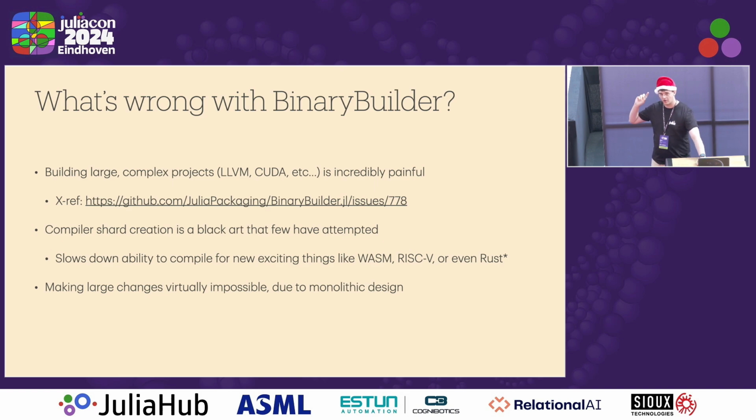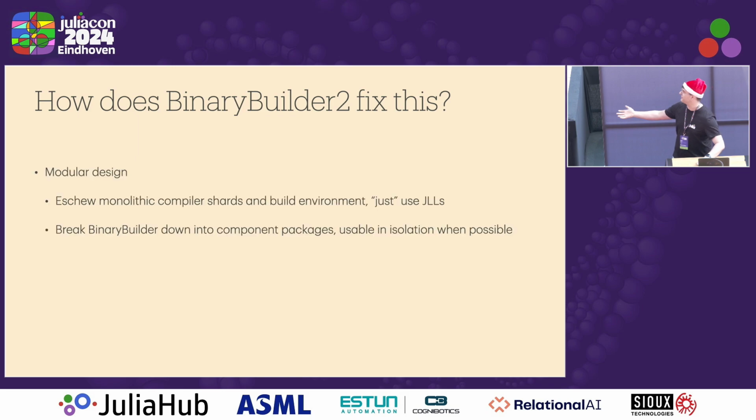And I blame this all on the monolithic design of BinaryBuilder. It's this huge, towering stack of technology that goes all the way from containerization primitives up through building cross-compilers, and finally to the infrastructure that bundles and prepares JLLs for installation on your computer. So how am I going to fix this? Of course, a gigantic rewrite that takes years. How else would we fix it? More layers of indirection.